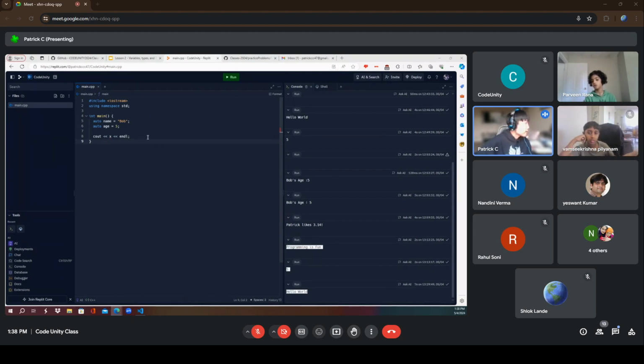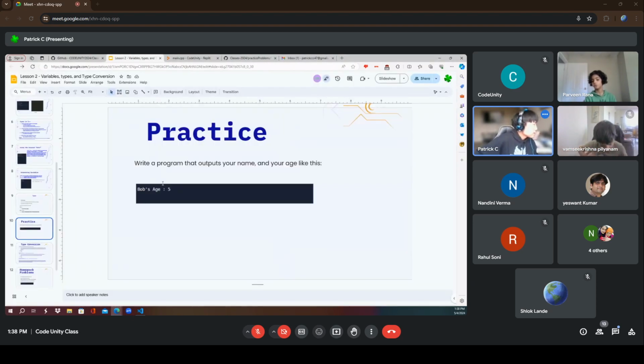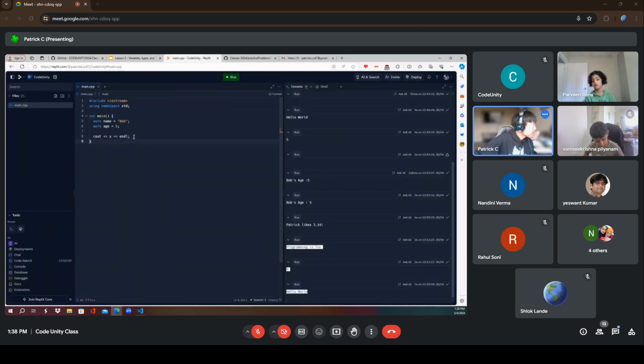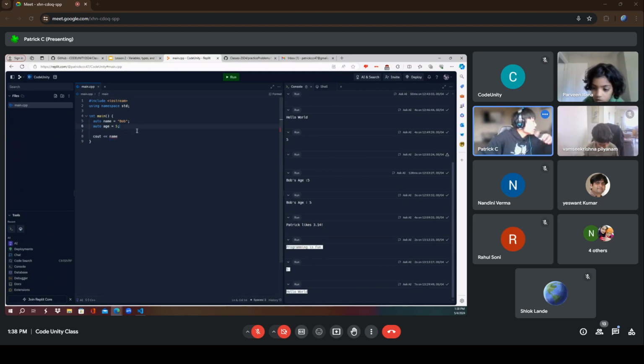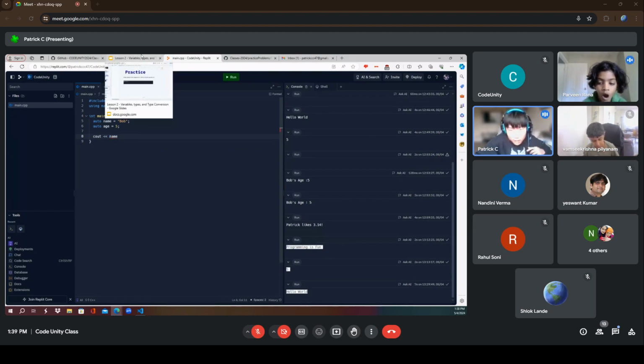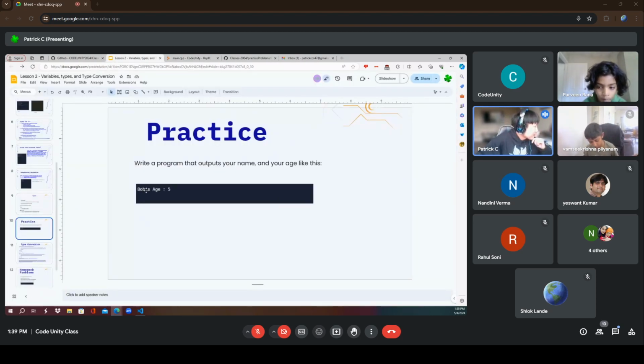Okay, I can go over the answers now. So Bob's age 5. Firstly, we got the name here. There's something kind of tricky about this problem: you have to write Bob's, and you have to include the S at the end.